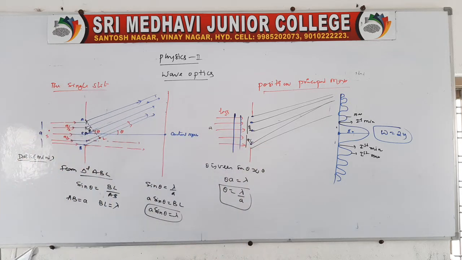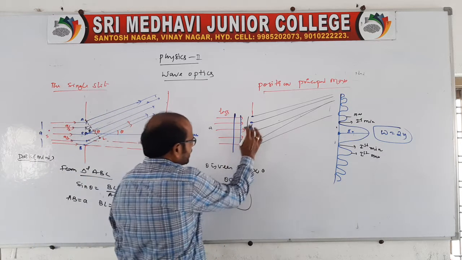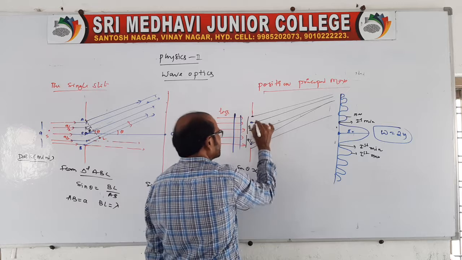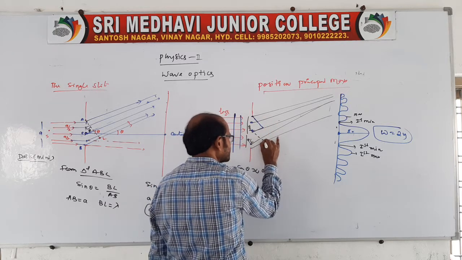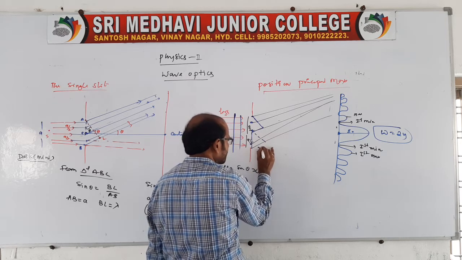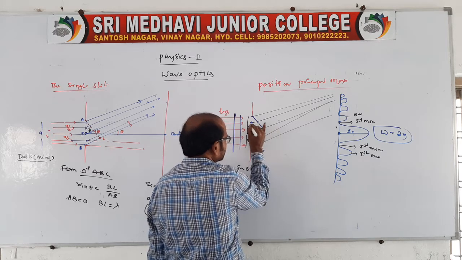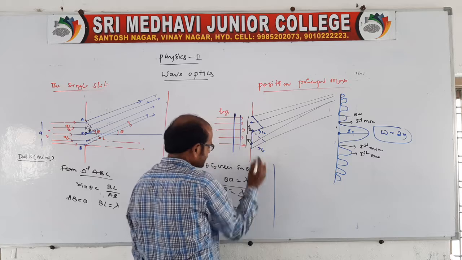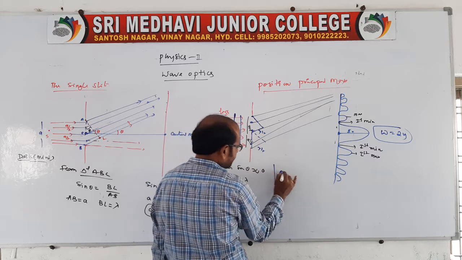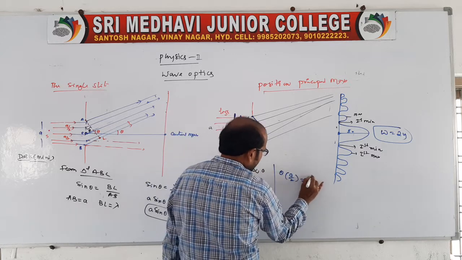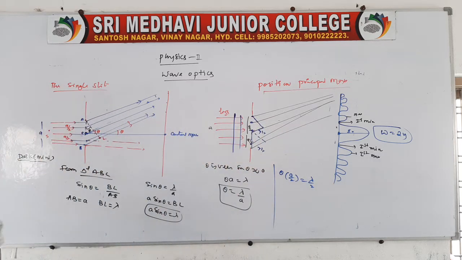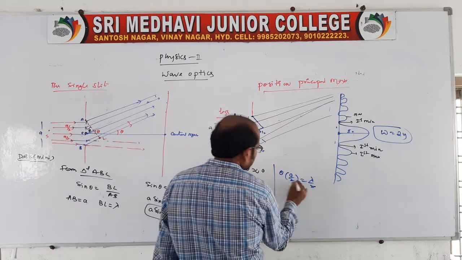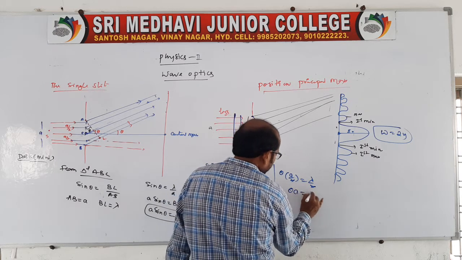Now according to this, what happens? When the wave is entering through the half, we get the wavelength also half, because this is half, and you take another one like this. It is lambda by 2, and this is also lambda by 2 because of this half. Therefore, instead of A you take A by 2, and it is lambda by 2, because the slit is divided into two halves. Therefore again we will get what? The 2 is cancelled. Theta A is equal to lambda.